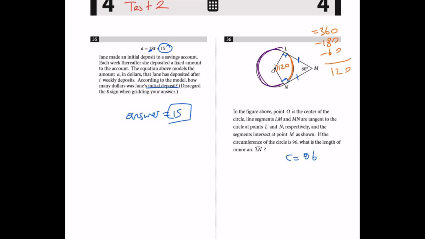So what is the rest of the angle? We know that the central angle in a circle is 360, and 360 minus 120 is 240. So the rest of the angle is 240. As you can see here, the ratio is